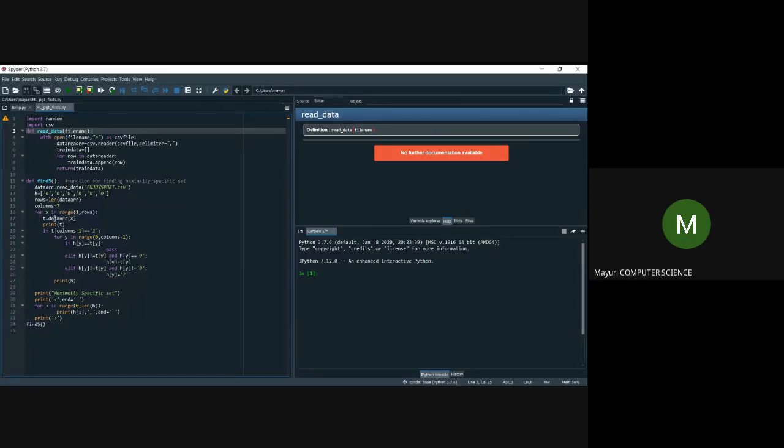Okay, so now I know the 2 things I have to compare. What are they? One is H, and one more is the data array values. Fine. The data array contains all the rows in my data set, but I want one at a time. For that, I have taken t as the variable here. So for every value, for x in range of 1 comma rows, what does it mean? It means from the first value.